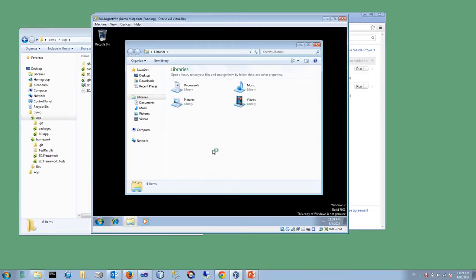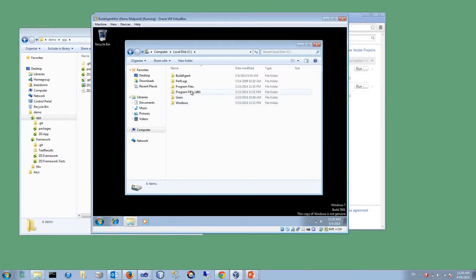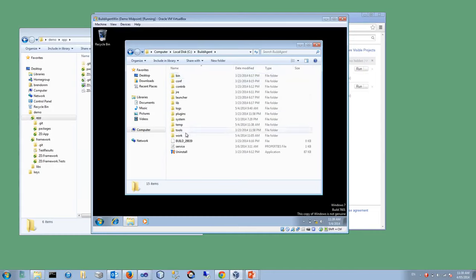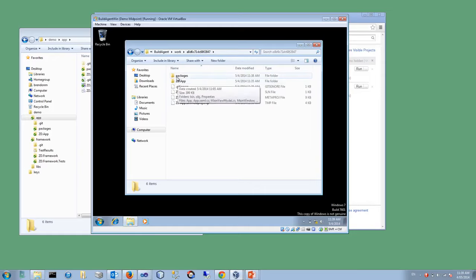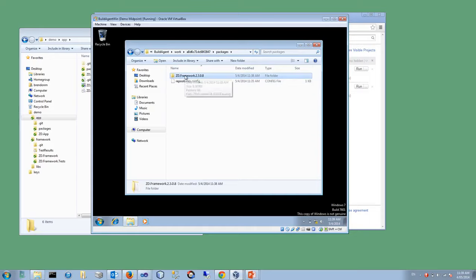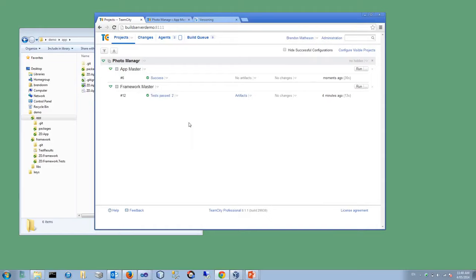Again, coming into the build agent, into the work directory, and one of these is for the app. I've got the right one there. So we can see in that work directory, this is where it actually has restored the NuGet package for framework right here. So this has been restored into this working directory by pulling it from the public feed in TeamCity. Okay, so that's good so far, but you can see that what has happened,